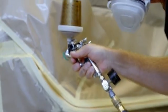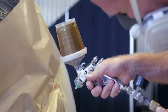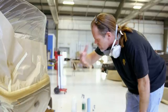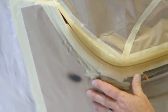You wanna put light thin coats on and slowly build up the depth of the color. And I'm also trying to kind of sneak up on it, put it on multiple thin coats, because if I really pour a lot of paint on, it'll flow to the bottom edge and you'll get a real heavy lip